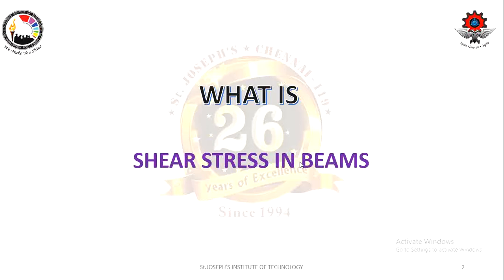If you slightly trace back your mind to shear force diagram and bending moment diagram, we have seen that when a part of beam is subjected to a constant bending moment and zero shear force, then there will be only bending stress in the beam. We have seen that earlier. The shear stress will be zero, as shear stress, formula wise, is equal to shear force divided by area. We know that as shear force is zero, the shear stress will also be zero.